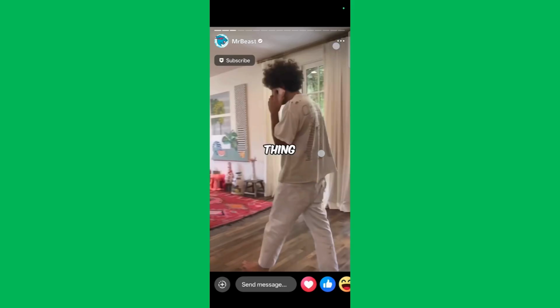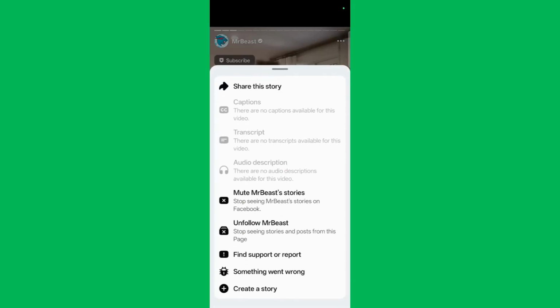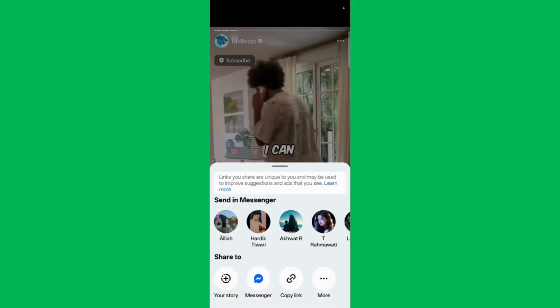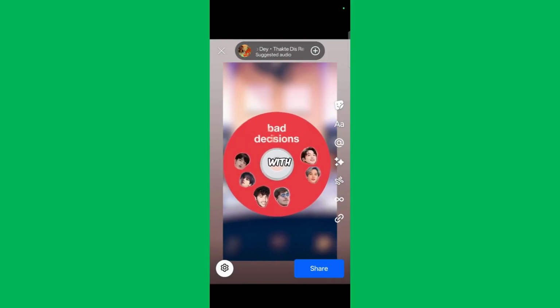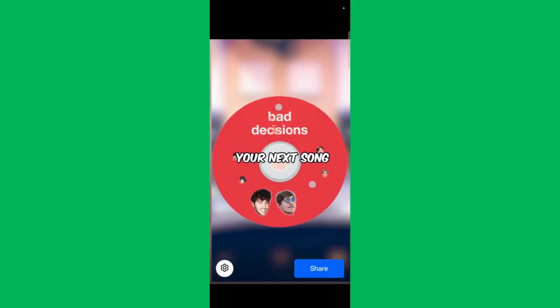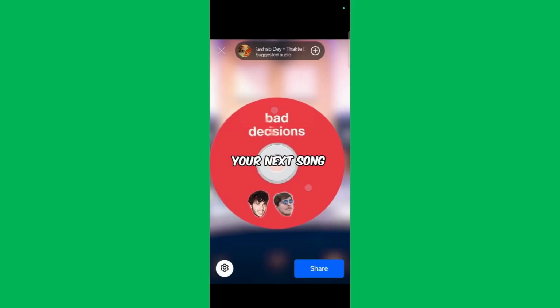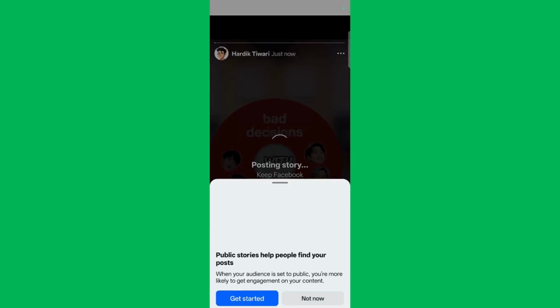three dots present over here in this story, and once I do this, I have this option that says share this story. So I'm gonna click onto this share this story option, and then from here under share to, I'm gonna click on your story, and once I do this, you can see that now this story is appearing in my story. So let me just quickly resize it and then click onto this share option, and now